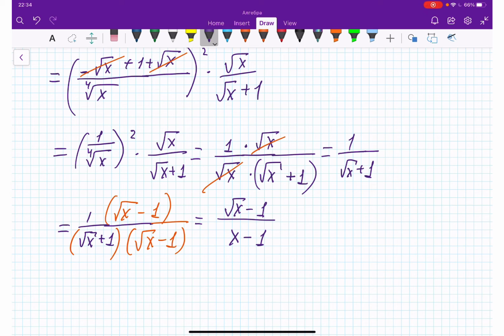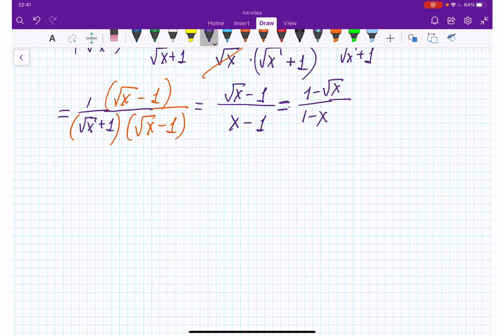Or you can flip, you can rewrite 1 minus x, and here will be 1 minus square root x. Because look, one negative sign will change this one, and then another negative sign which will make plus, change this one, right? So when you flip both numerator and denominator, you don't need negative sign in front of fraction because it will become positive, negative and negative. Yes? And this is our answer. Moving to next